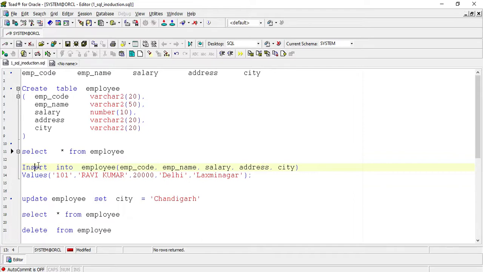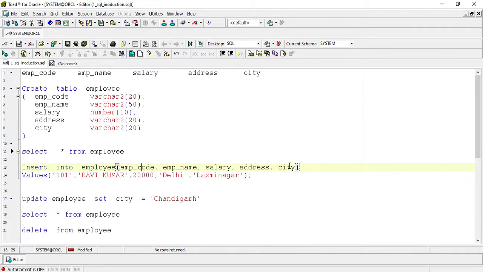Insert into, after that table name, that is employee, and after that open bracket and column name 1, that is emp code, and comma column name 2, comma column name 3, that is salary, and comma column name 4, that is address, and column 5, that is city.